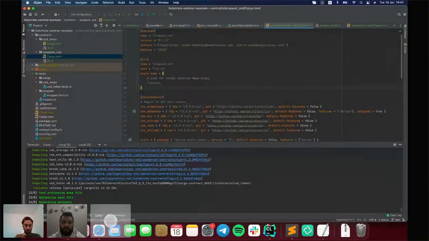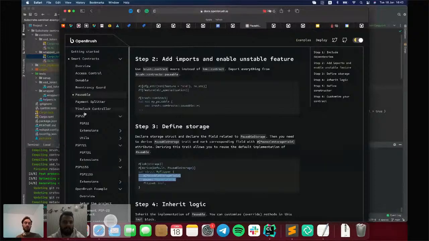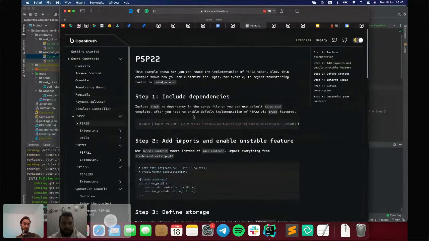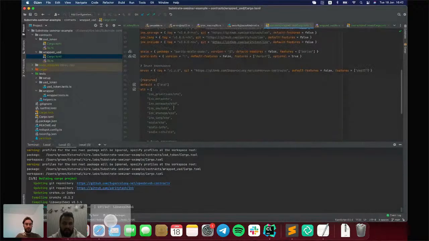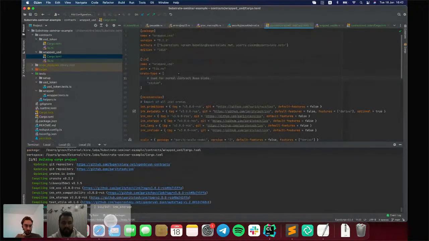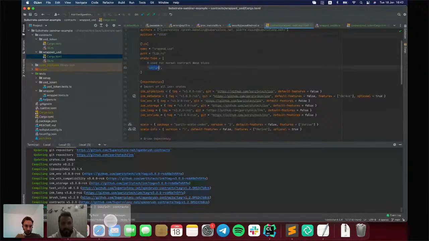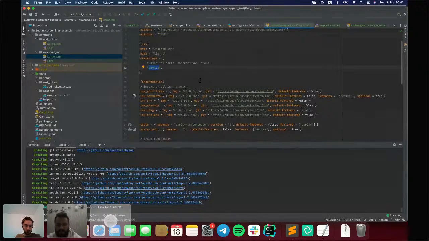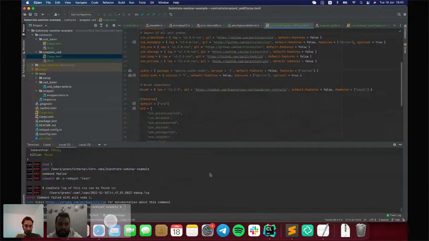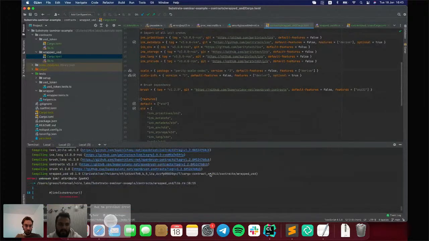Our wrapped USD is also PSP22, so we have the same template here, the same dependencies, but another name. It is a contract, so the crate type is cdylib, and we will use the default implementation from OpenBrush for PSP22, so we also enabled that feature here.